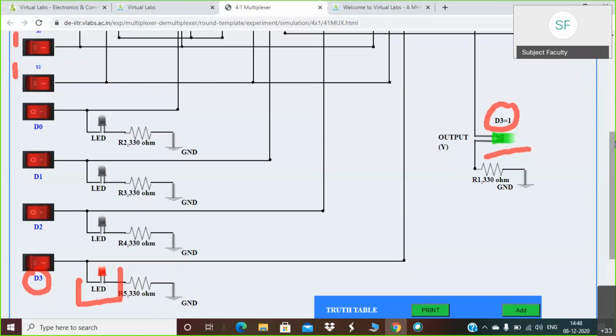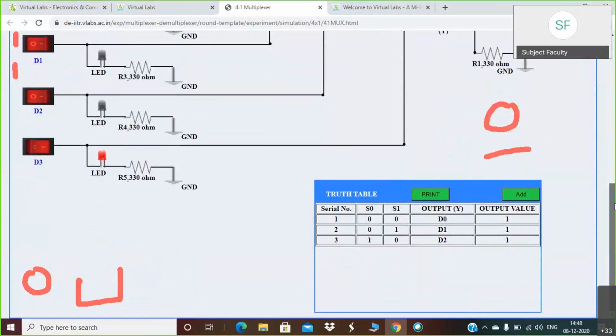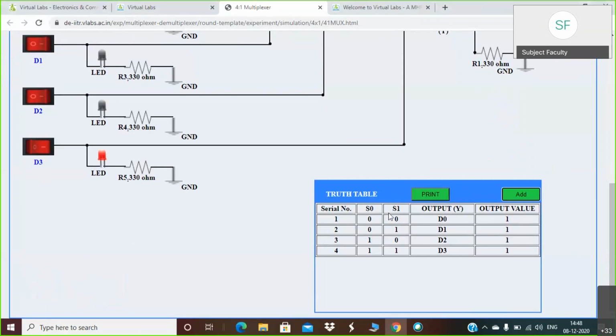Again we will add this reading to our truth table. You can observe all 4 readings have been taken for different combinations of S0 and S1: 0, 0, 0, 1, 1, 0 and 1, 1.